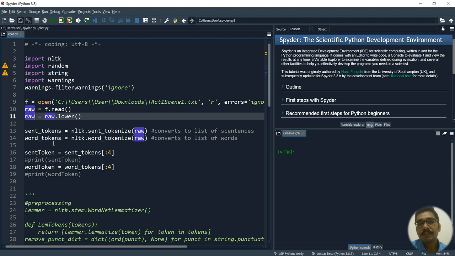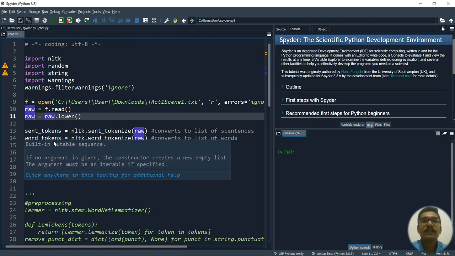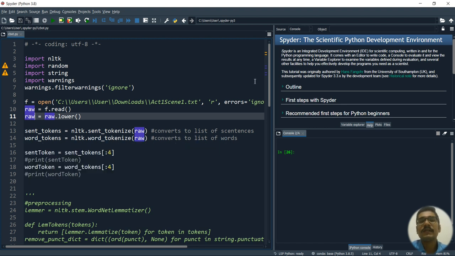Then after sentences come words. It's like when you start learning a particular language, whether a native language or a foreign language, it starts with alphabets: A, B, C, like that. Then from alphabets you create the words.